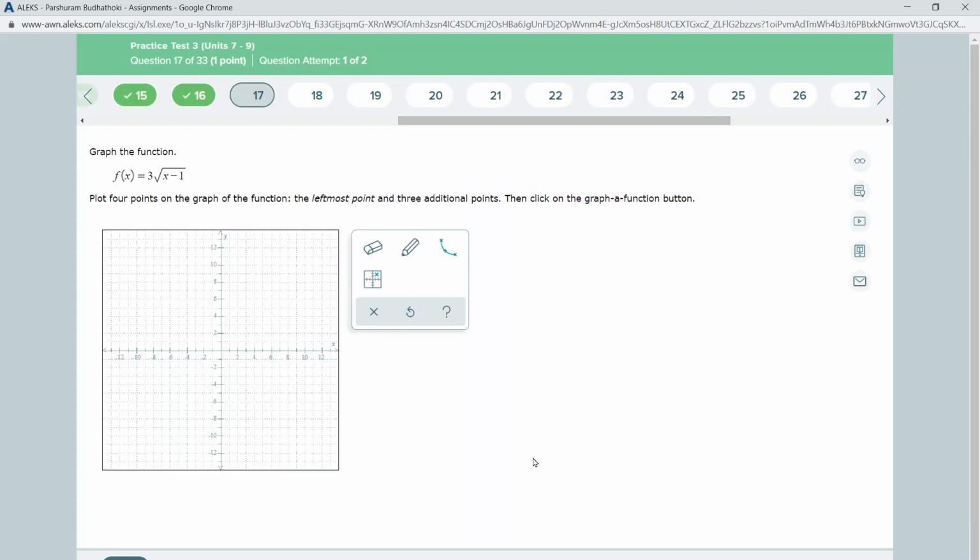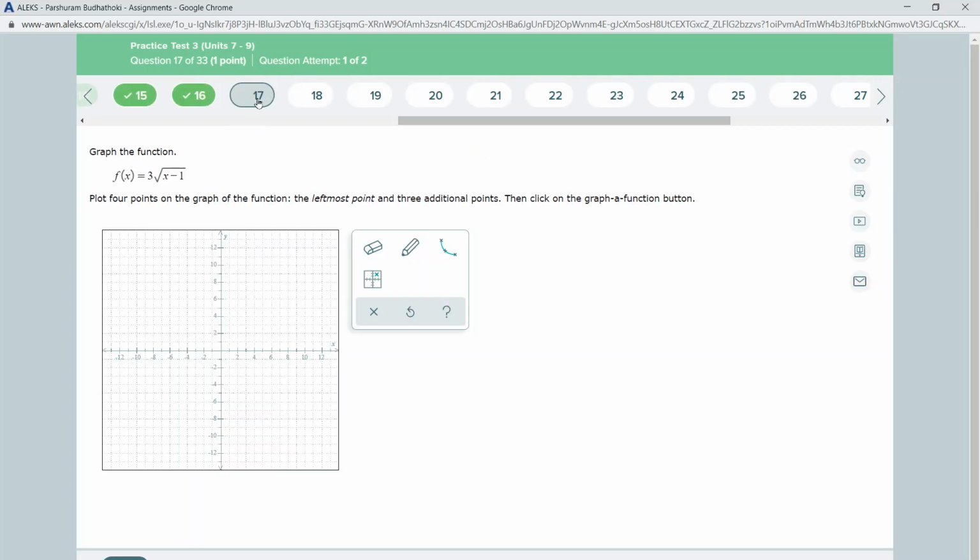Continue. Let's go to problem 17 now. So problem 17, you have to plot the graph of